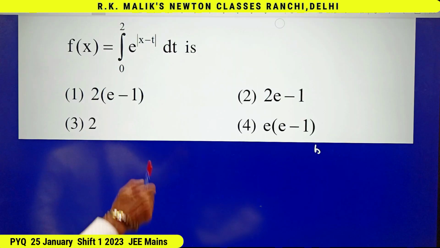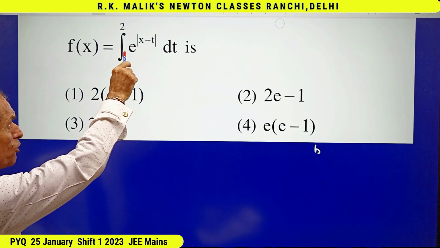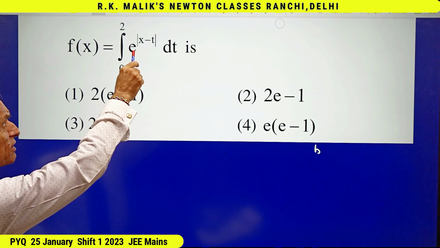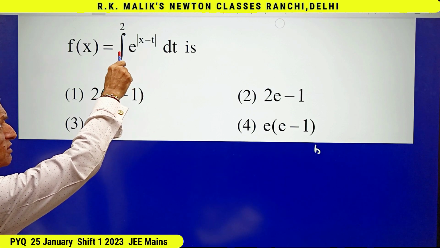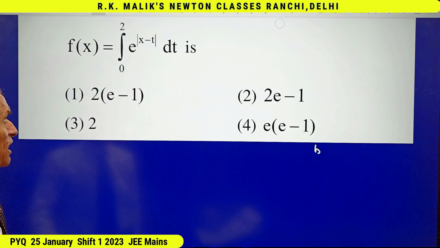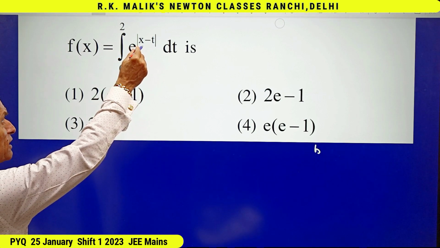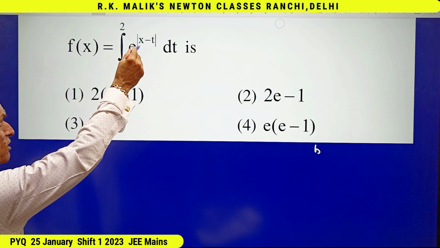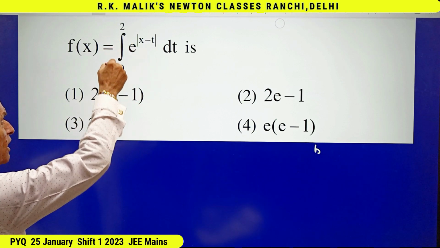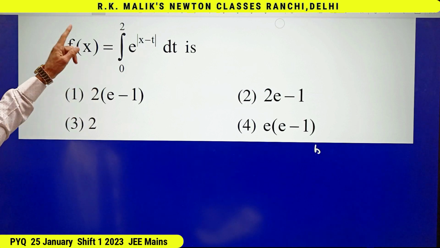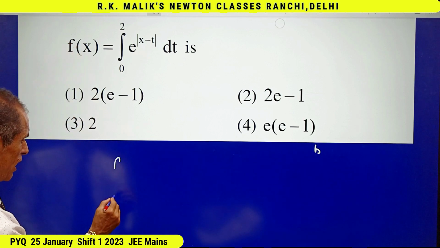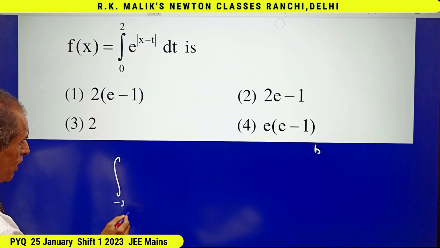First, to remove x for t, I will write t plus x, then this x will get cancelled, and because I'm going to write t plus x for t, I will have to subtract x from the lower limit and upper limit, and I will be getting minus x